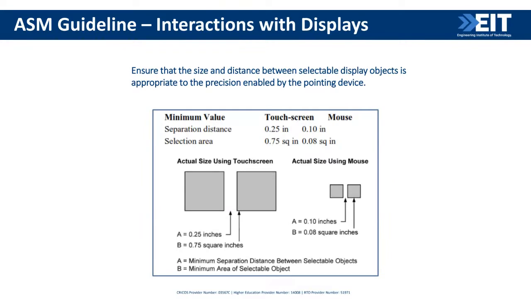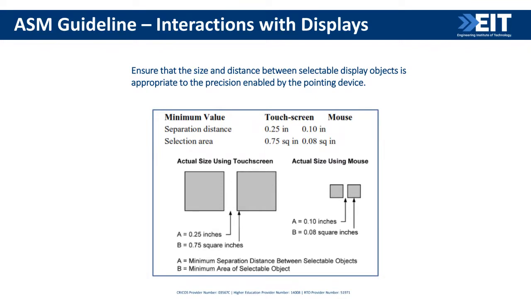Okay, the other guideline is interaction with displays. Ensure that the size and distance between the selectable display objects is appropriate to the precision enabled by the pointing device, right? So the display could be called up on a mobile phone, or it could be called up on a PC. So you have to just make sure that whatever is the selecting object, whether it is a pen or a mouse, the objects are not so far away that it annoys the operator